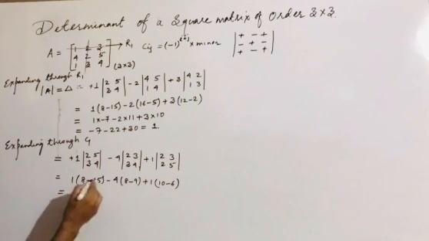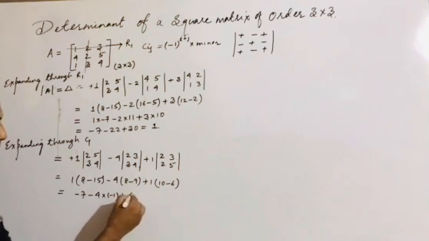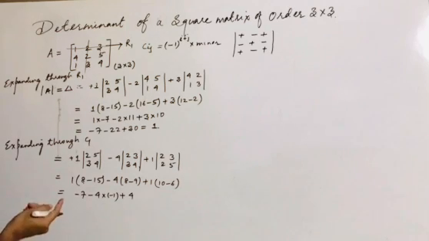So let me solve here. 15 minus 8 is what? Minus 7, minus 4 into 8 into 1 is what? Minus 1, plus it will be equal to 10 minus 6 is equal to what? 4. So if we are going to solve here, what is the value I'm going to get here? Check, tell me.